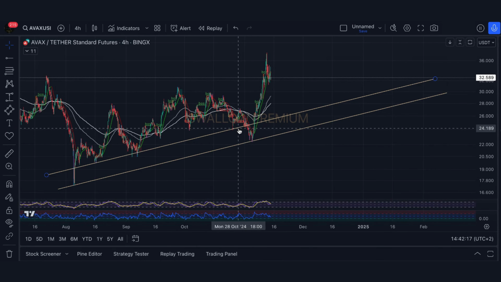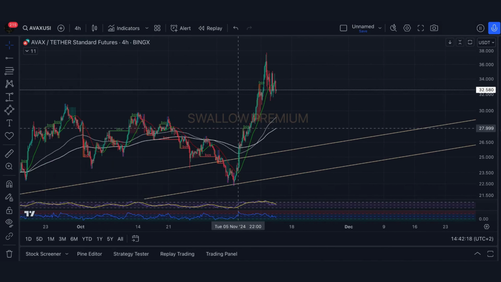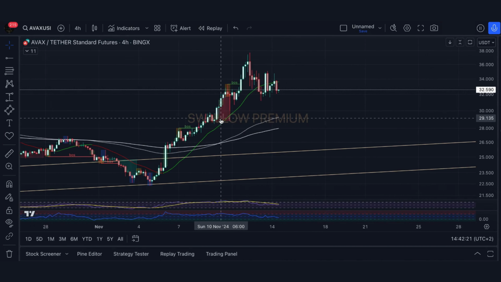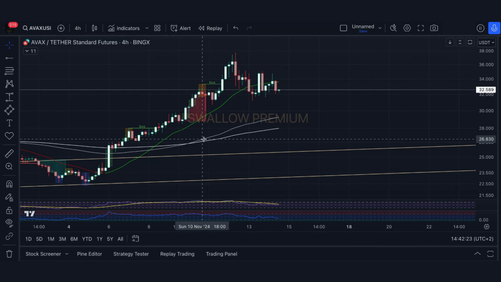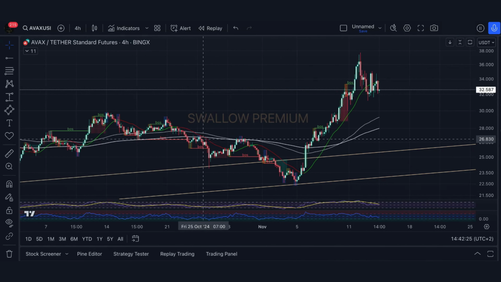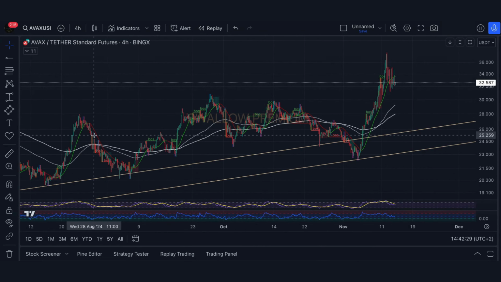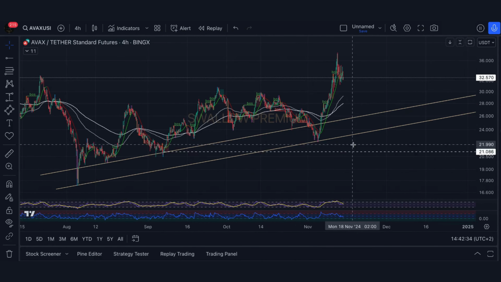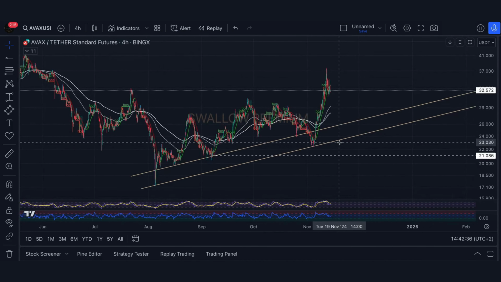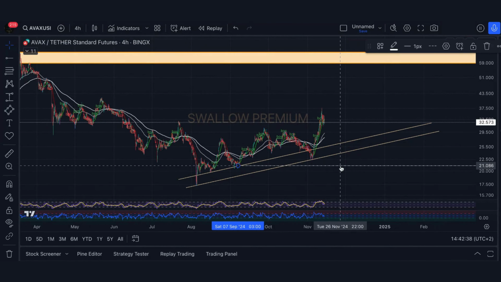Now with this push that we recently had, we made pretty heavy CMA gaps, so you can see this one here. And if we zoom out slightly as well, you can see there is another CMA gap which might push price below this bullish trend, but we doubt that this will happen now.